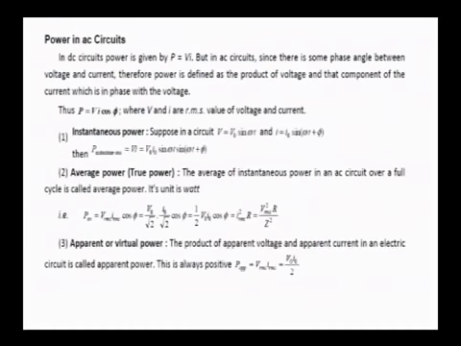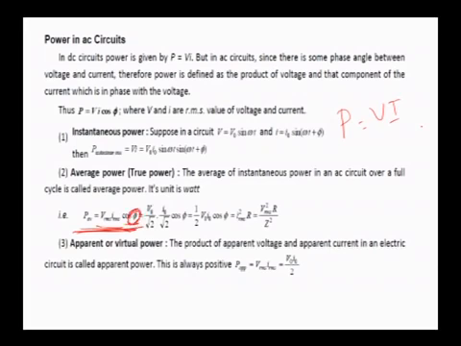Now, power. Power in AC circuits. Generally in DC, we have P is equal to V into I. But in the case of AC, power in an AC circuit is VI sin omega t, that is V naught I naught sin omega t. This is the instantaneous power. P average is equal to VRMS IRMS cos phi, where phi is the phase